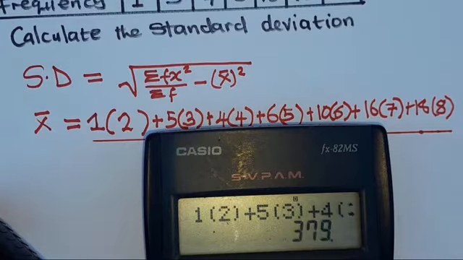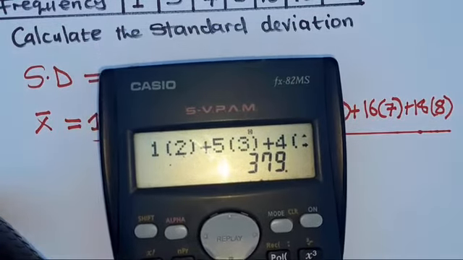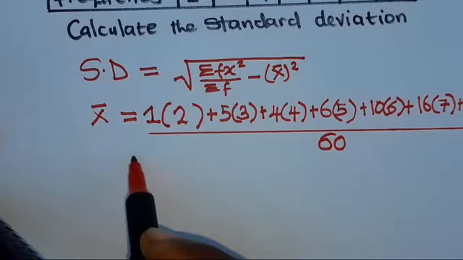And then when you punch, you are going to see that the answer that you are getting is 379, meaning you are going to have